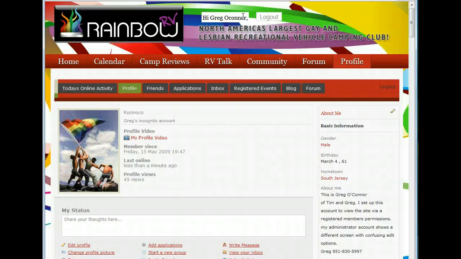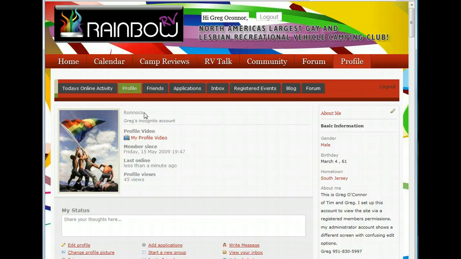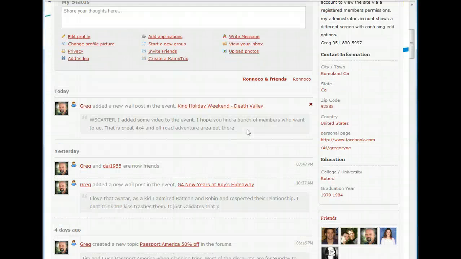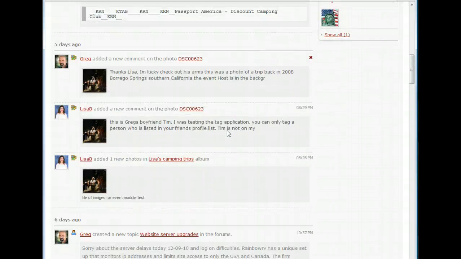The profile is all the information that I've entered into the site about myself. Up here we can see that it recognizes me as Greg O'Connor, but everybody's going to see the name Ronnoco. Okay? So we scroll down and we can see the activities of friends, myself and friends that are in my profile. Now, this profile, I only have one, two, three, four, I only have five friends. This is the profile I set up to review